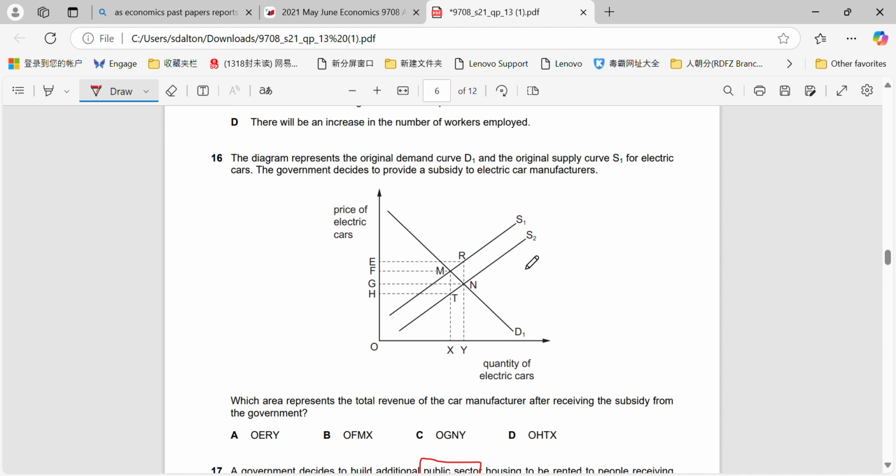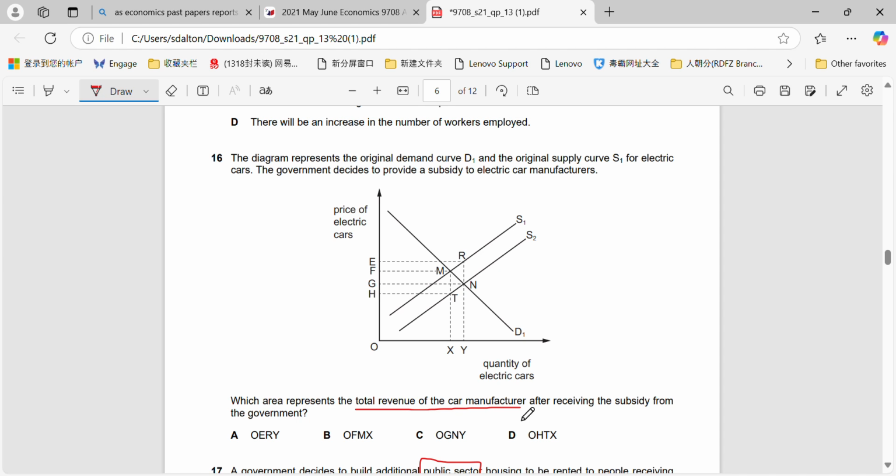Okay, question 16. The diagram represents original demand curve D1 and original supply S1 for electric cars. The government decides to provide a subsidy to electric car manufacturers. What area represents total revenue of the car manufacturer after receiving the subsidy from the government? Okay, so first thing to recognize, the total revenue will be everything that's spent on it,